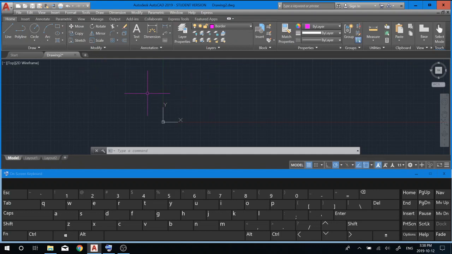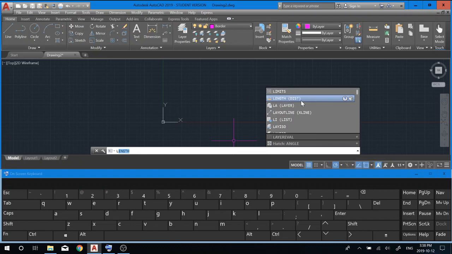Now, I mentioned before with the spacebar, drafting is about efficiency and accuracy. So instead of going up here, this is where you go if you're brand new to the program. You click these icons. Instead of going up here and clicking, what we're going to do is use the keyboard. So we're going to keep our left hand on the keyboard. We're going to keep our right hand, pardon me, on the mouse. And that's going to make us look like a pro. What I'm going to do is type the shortcut for line, which is L. So the shortcut for any action in AutoCAD, just start typing what you want to do and watch the command bar and it will pop up. So I'm going to type L for line,